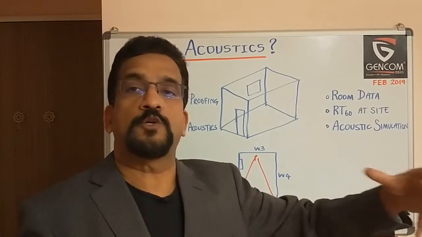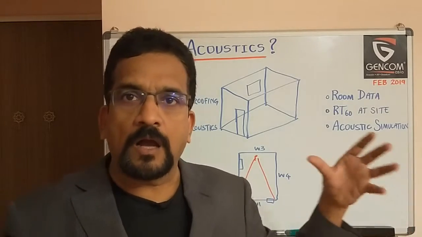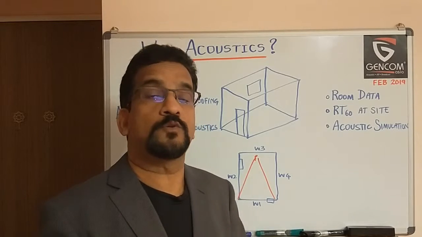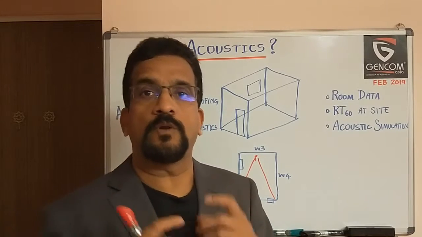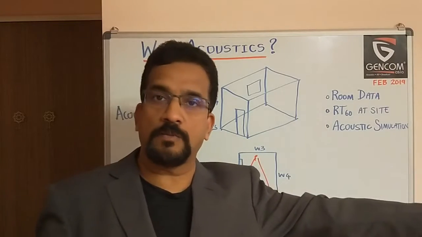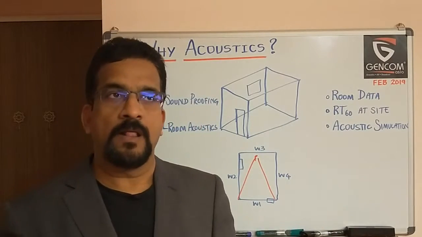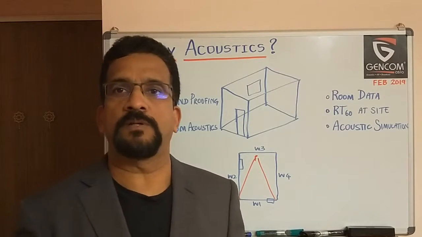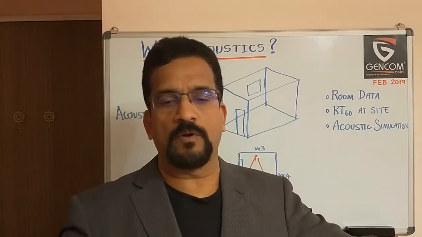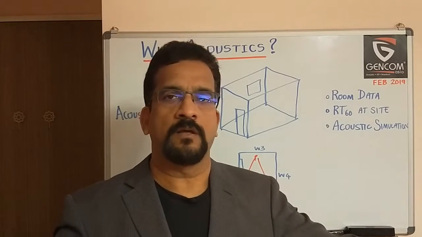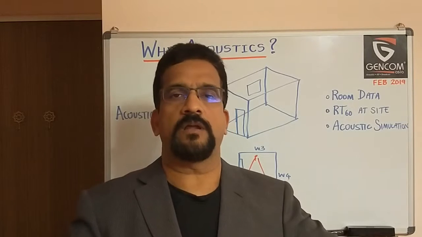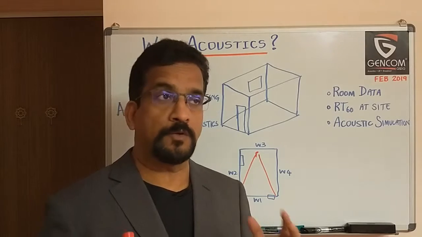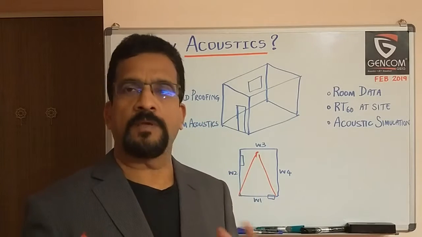Which means there should be an isolation. This room should be acoustically isolated. Now, if that is the case, then we also need to do an additional measurement of the sound dB level. You have to measure how much the noise is outside and how much it is inside. Then we will know, okay, this much dB decrease is required. Or sometimes, if it is a studio, people will say, okay, I want a studio where, whatever the outside sound, inside it should measure about 45 dB. So when it comes to soundproofing, we need to know all this information so that we can give the right